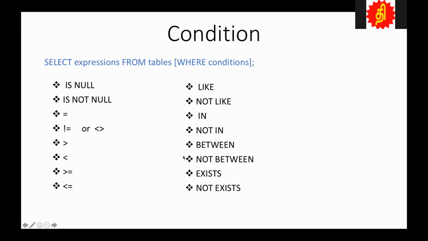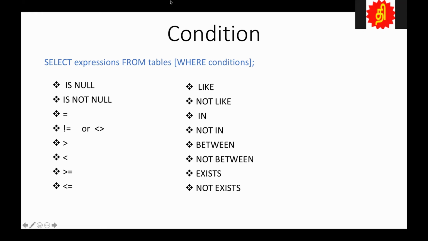Whenever you say is null, is not null. It is not equal to null. But when you are going to Java or Python, you always say equals null, not equals null. In SQL, it is is null, is not null. Whenever you use the null word, it is always is null, is not null. It differs a little from the standard, but that is what it is.